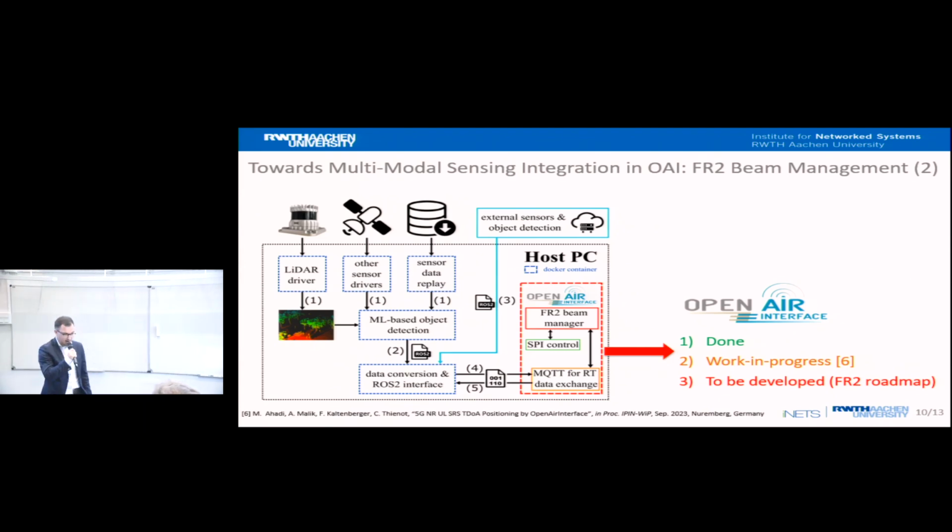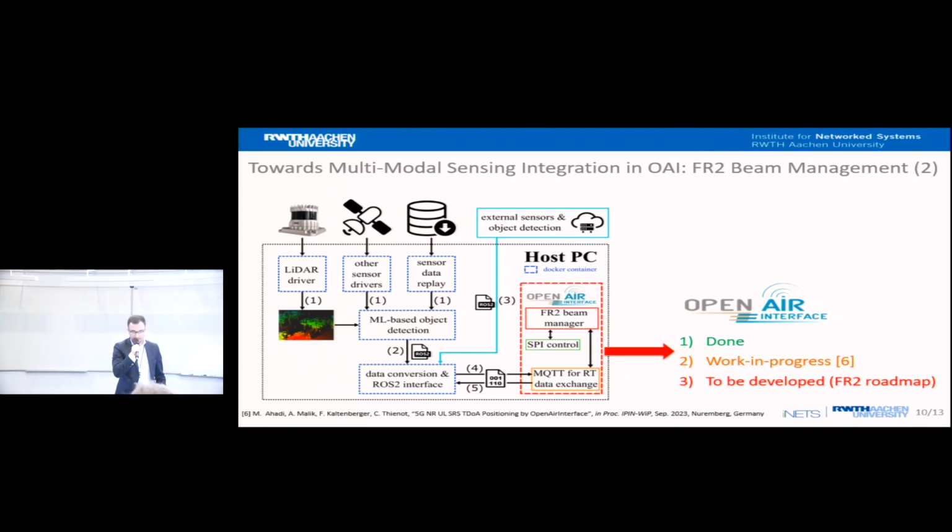What has been done thus far is that we have enabled the SPI control on the Sivers. It's not yet public as a branch, but we can say that's maybe the third RF front end that has now been supported, besides the InterDigital one that has been shown by Eurecom, Professor Raymond, and the TMYTEK device that has been shown by Allbesmart, TMYTEK, and Fraunhofer HHI. Now we have also the Sivers. As I said, I believe many research labs actually have Sivers.